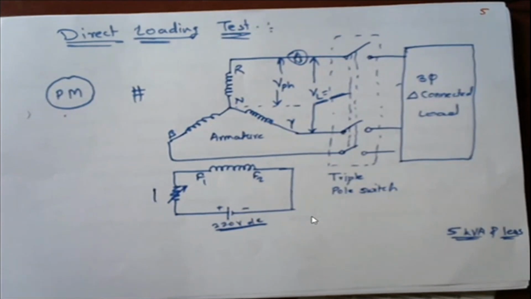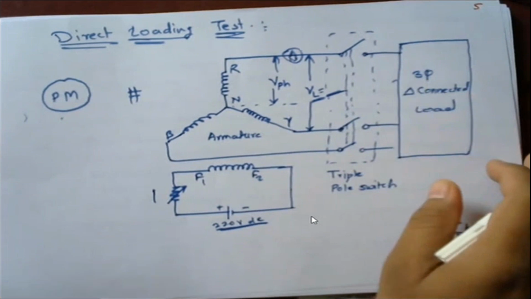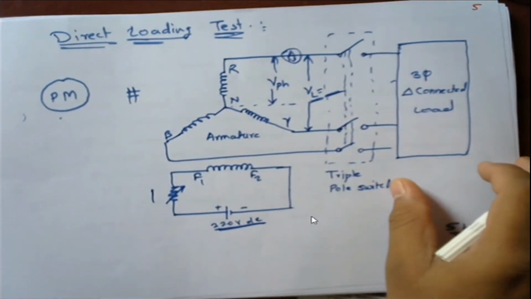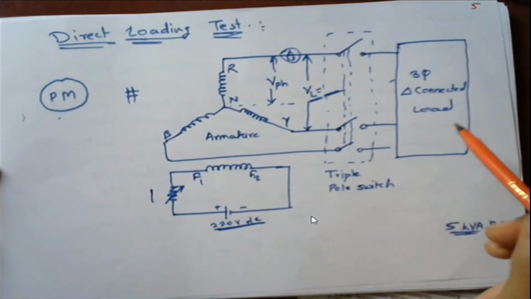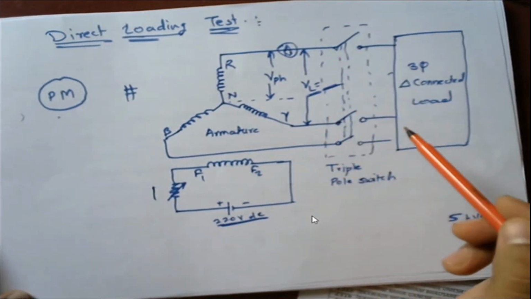So in the last lecture, we have seen the direct loading test and the OCSC test. In the direct loading test, you know that we are directly applying the load on the alternator. The step-by-step procedure is that we have to connect